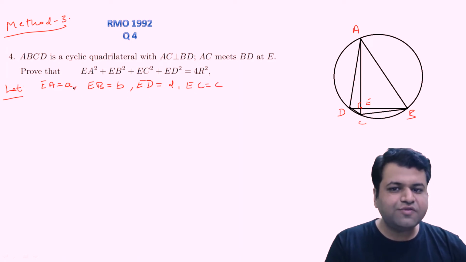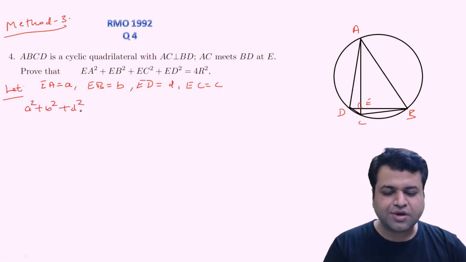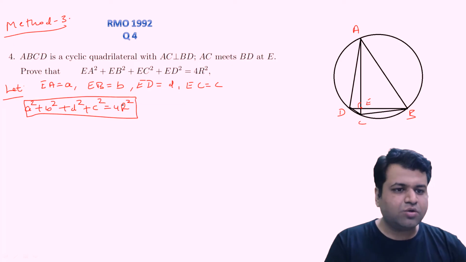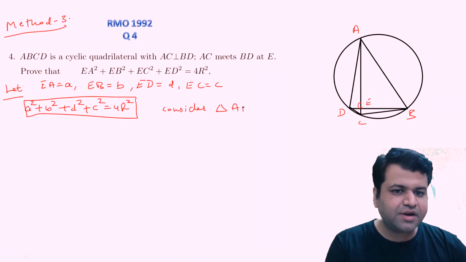So all we need to prove is that a square plus b square plus c square plus d square is equal to 4R square. That we need to prove, right? चलो देखते हैं अब इसको. Let's consider a triangle ABD, right? Consider a triangle ABD, and we know